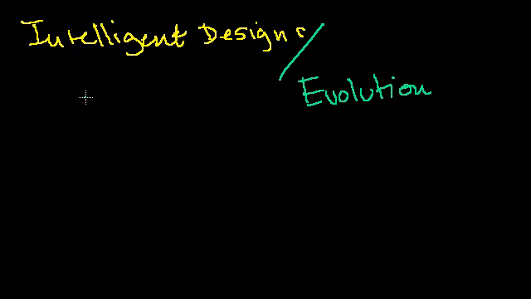So the idea behind intelligent design is that there are some things that we see in our world that are just so amazing that it seems hard to believe that they could be the product of a set of random processes. The example that tends to be given is the human eye, which truly is an awe-inspiring device. Whatever you want to call it, an organ or a machine, it does all of these amazing things. It can focus at different lengths.